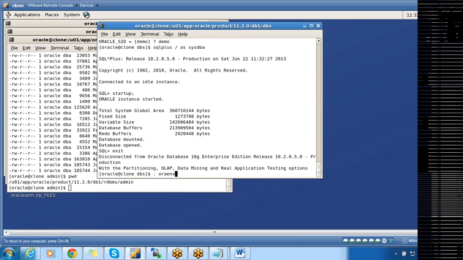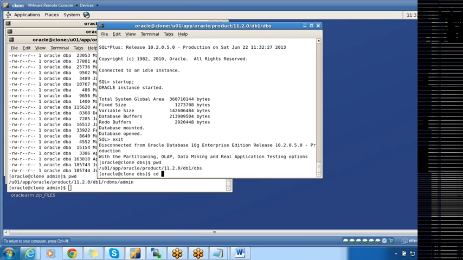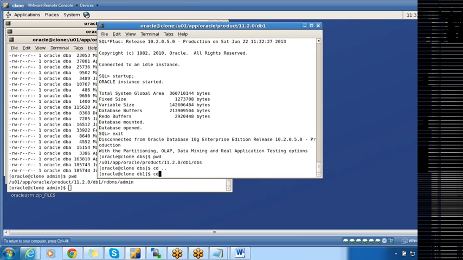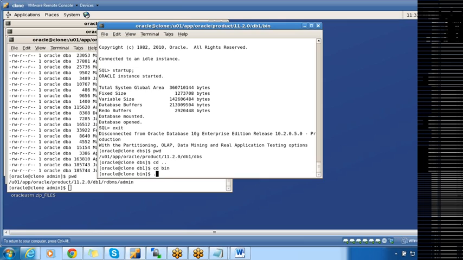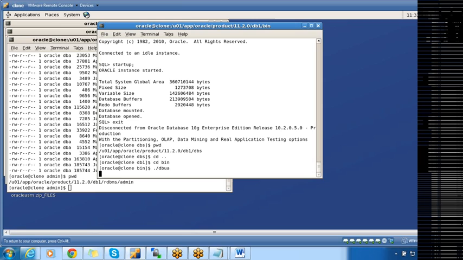And now I will go to 11G. Okay, I'll just do pwd. I'm present in 11G home, cd dot dot. Here under bin folder, I'll have an executable called dbua. This will be used to upgrade the database from 10G to 11G. So ./dbua.